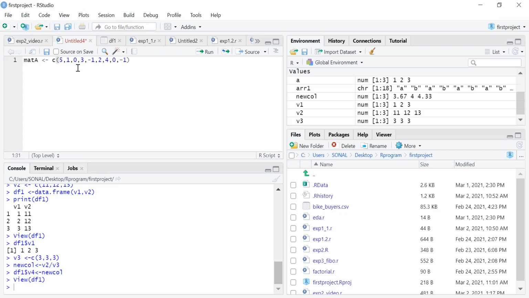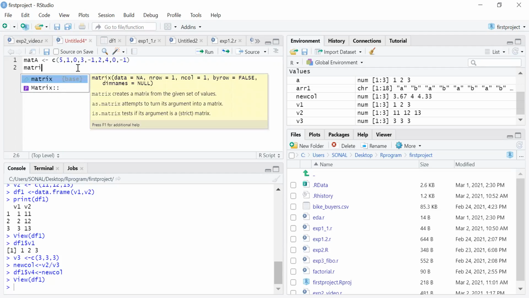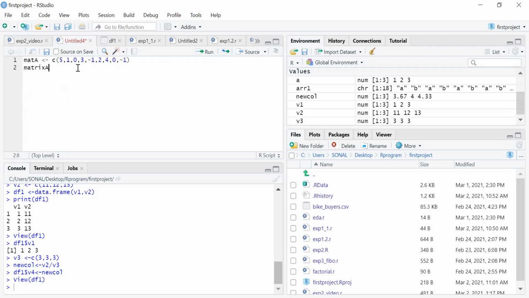And this is my matrix. After that, I want to convert this into a matrix A using this data.